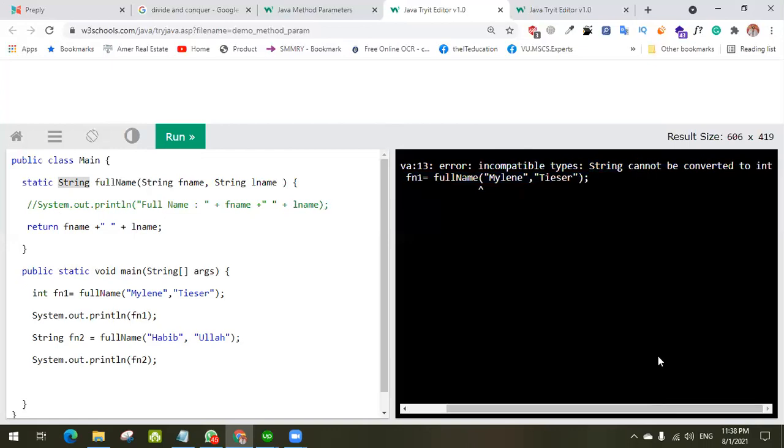Read this one fully. It is saying that a string value is returned and you are trying to capture this value in fn1, which is an integer. So it is saying that a string value cannot be converted to int. Here is another error. So keep in mind while you are coding that you must know the return value of that